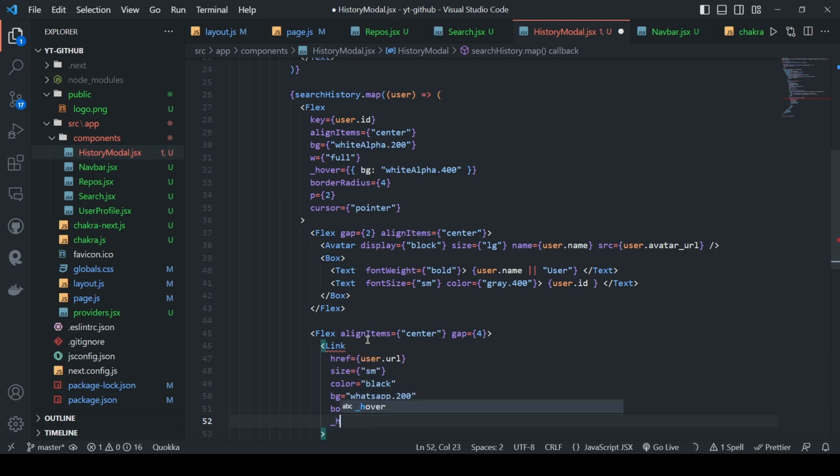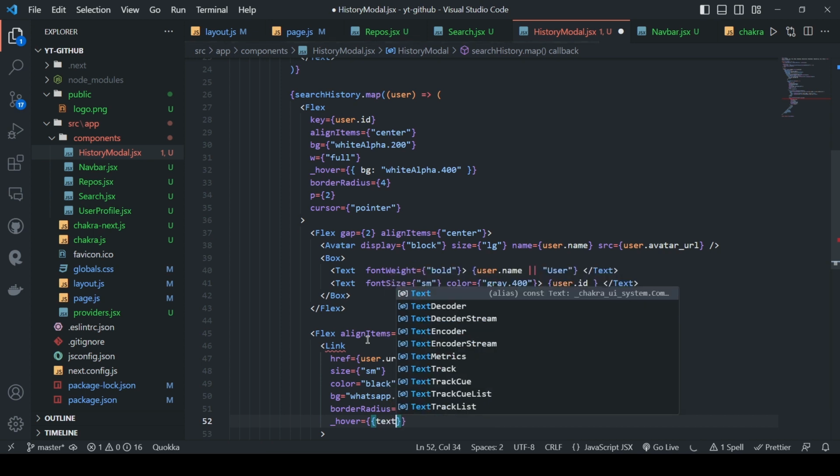On hover we would like to change something, which is going to be the text decoration, so we don't want that underscore, I guess. So like text decoration,